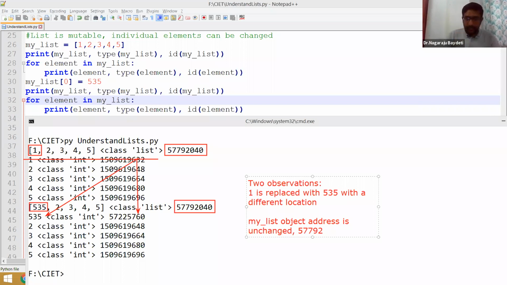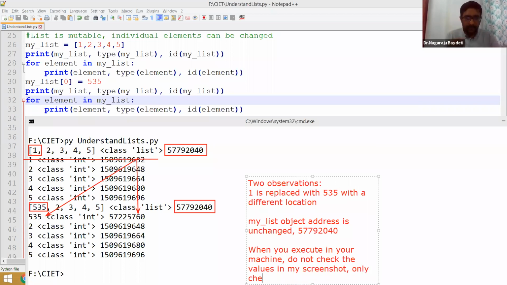577924040. See, when you execute on your machine, do not check the values in my screenshot because it will differ. Only check whether the values are the same or not. On your machine, you may get a different value.